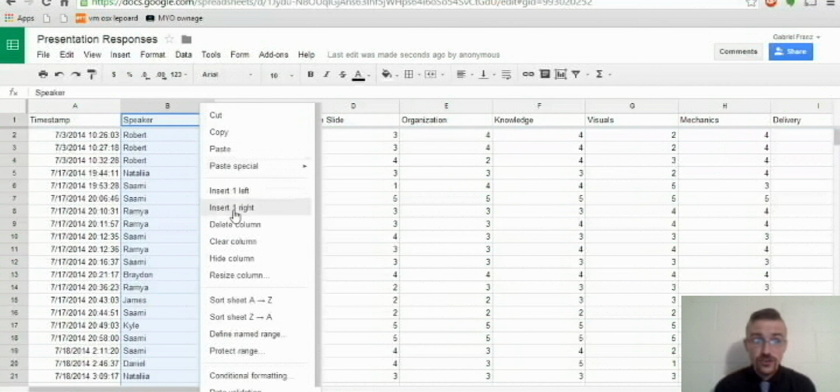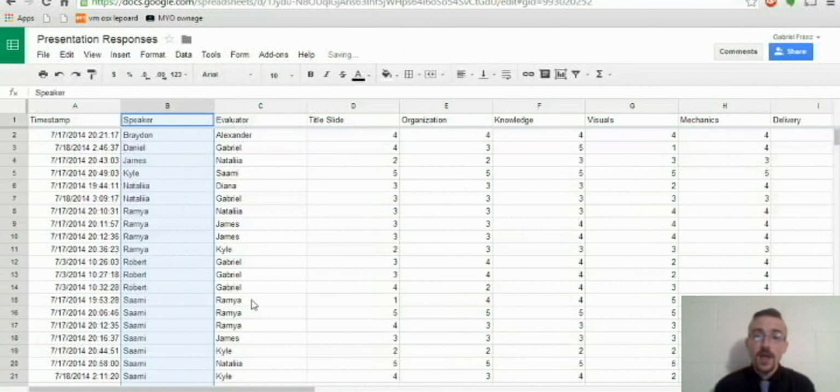For our search feature, if we're trying to group people and figure out whose names they're trying to organize, you just right click on either cells. I did it in B, which is the speaker, and C, the evaluator. You right